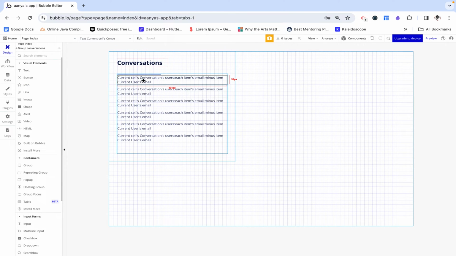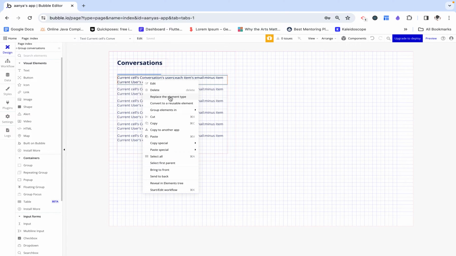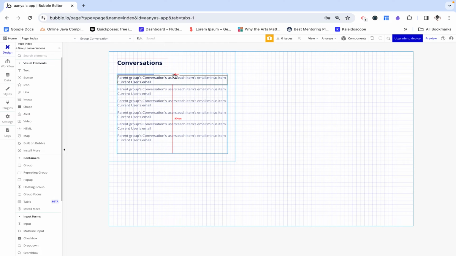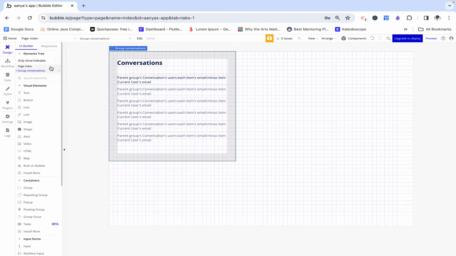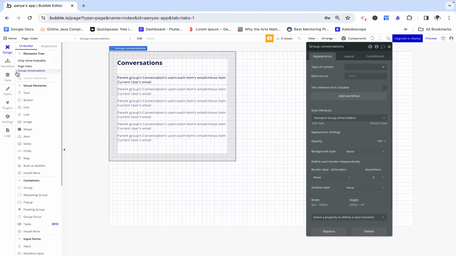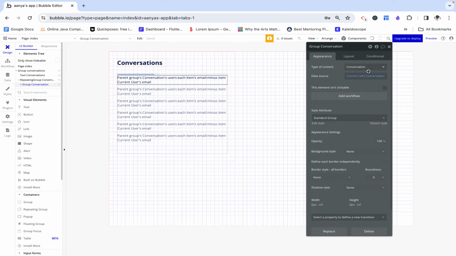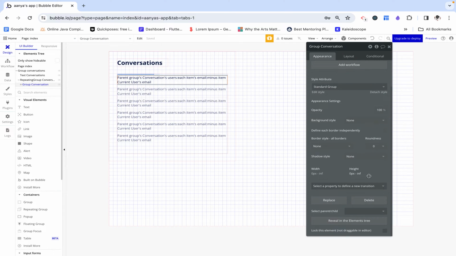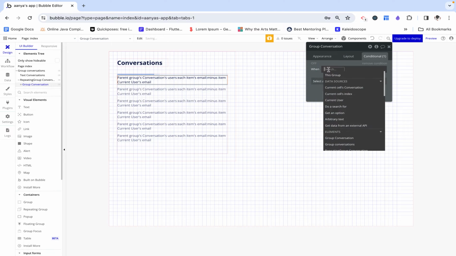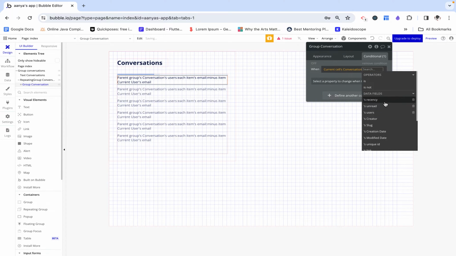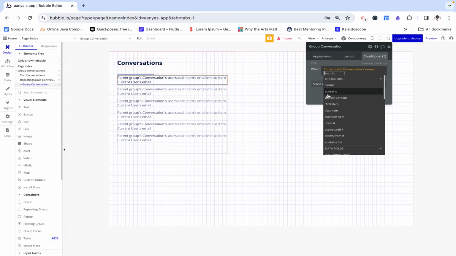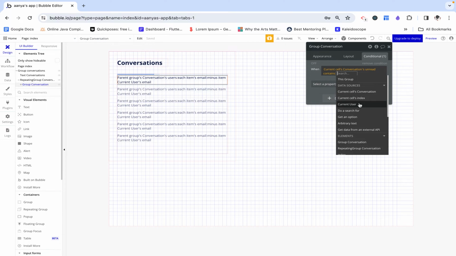I want to group this text in a row container, and this is going to allow us to do a couple things. For starters, if I go in here and grab that container, it'll allow us to change the color. So I'm going to say when current sales conversations unread contains current user,